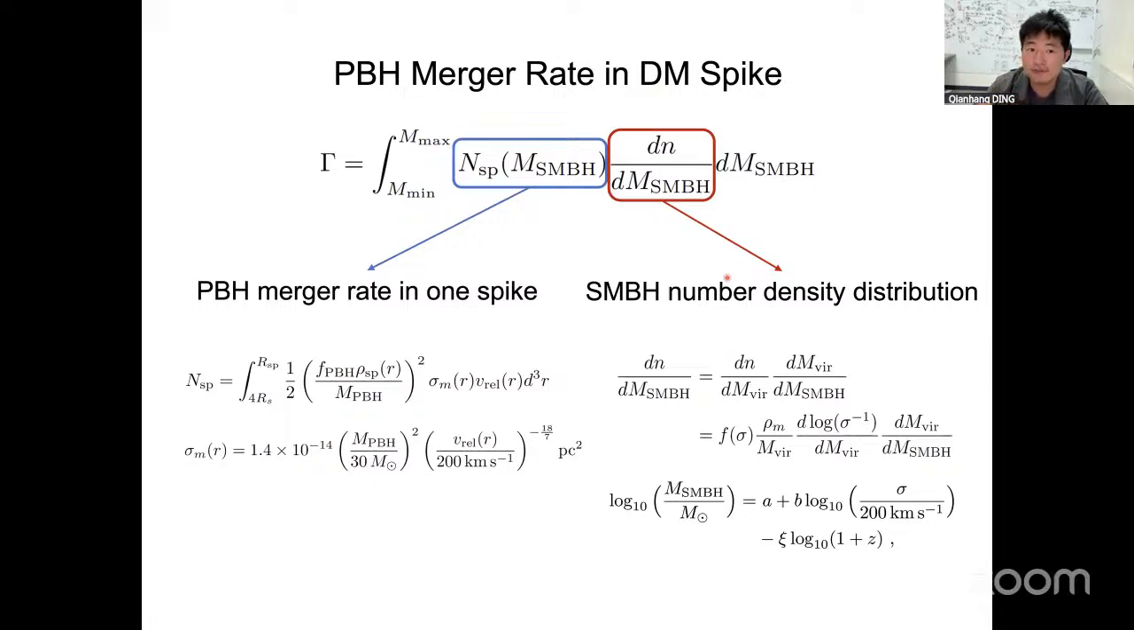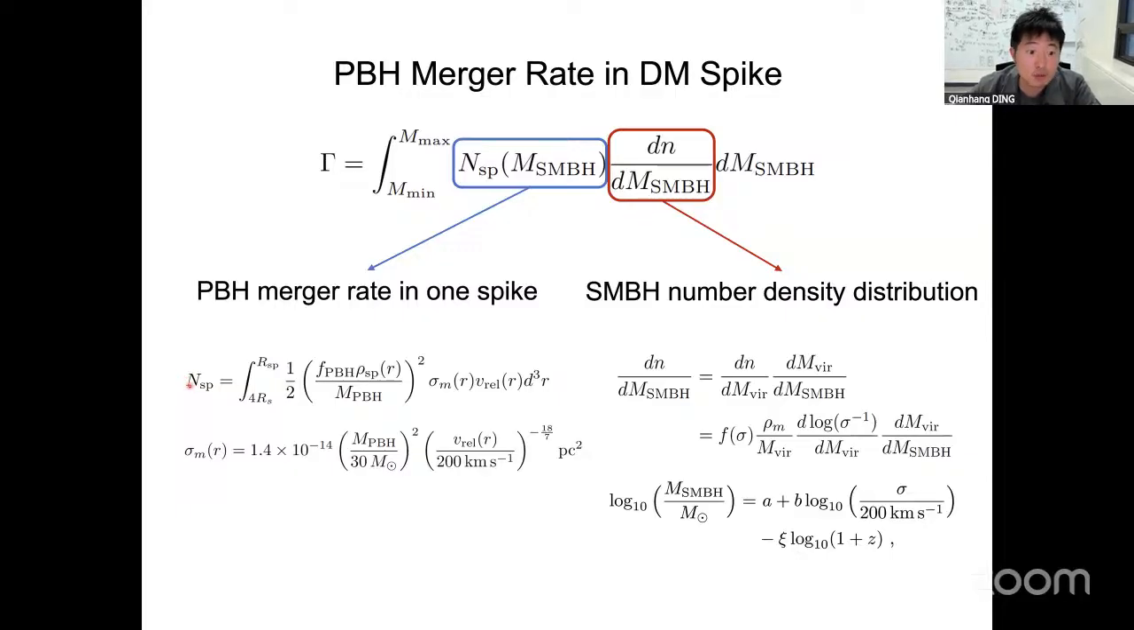So let's first study in detail how to calculate the PBH merge rate in a dark matter spike. We first need to estimate the later PBH merge rate inside one spike. To calculate it, we calculate the capture rate in the dark matter spike. We use the PBH number density times the capture cross section times the relative velocity, and we integrate. We obtain